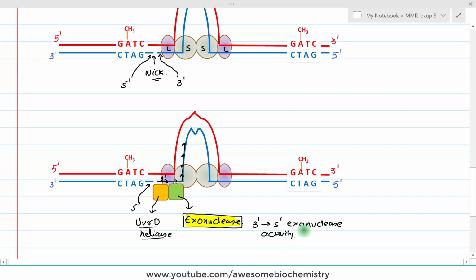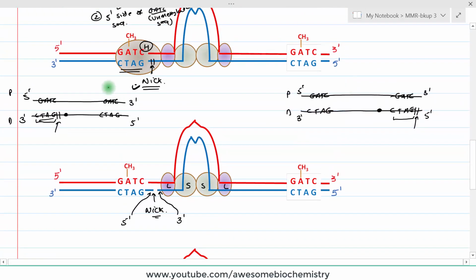activity. And remember, I had earlier told you to keep both diagrams in the mind, where if the DNA damage is over here, then what will happen? This is 3' end, so on this side, this end will be 5' end, and this will be the 3' end. So digestion would be in this direction. So 3' to 5' exonuclease activity is required. But what about in this case? Here in this case, from this side, this end is going to be a 3' and this end is going to be a 5'. So now digestion would be in this direction. Okay, from the nick to this DNA damage.